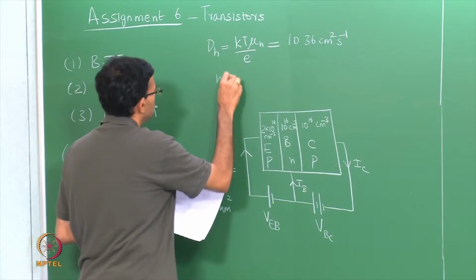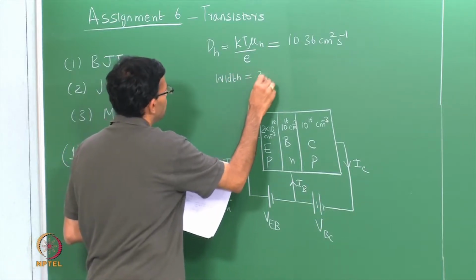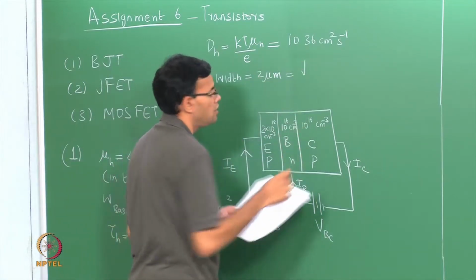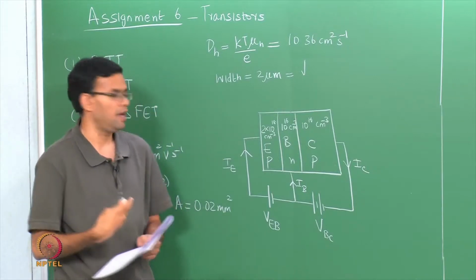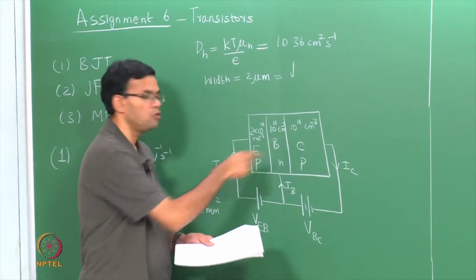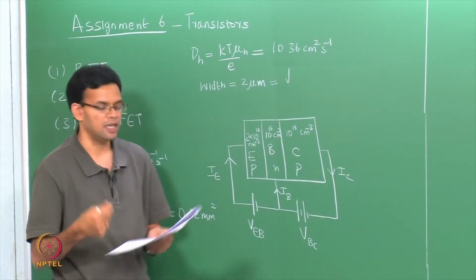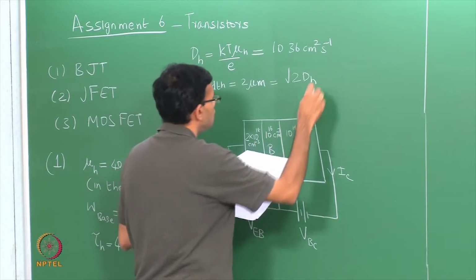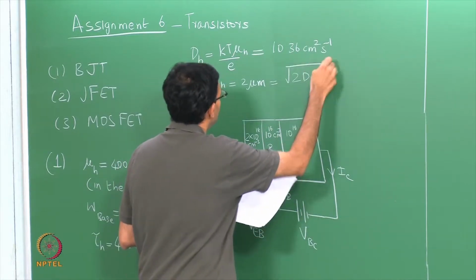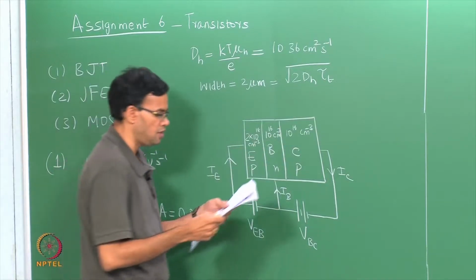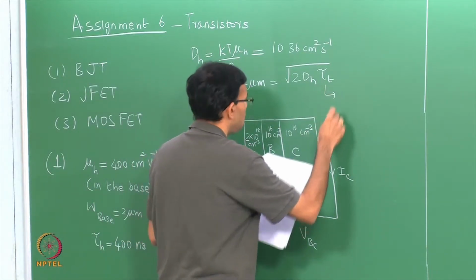Once we know the diffusion coefficient, we also know the width of the base. So, the width is 2 micrometers, from which we can calculate the minority transit time, or the time it takes for the holes to go through the base and to go from the emitter to the collector. So, this is assuming simple 1-dimensional diffusion. So, this width is equal to square root of 2 times the diffusion coefficient D_h times the transit time. So, this is the minority carrier